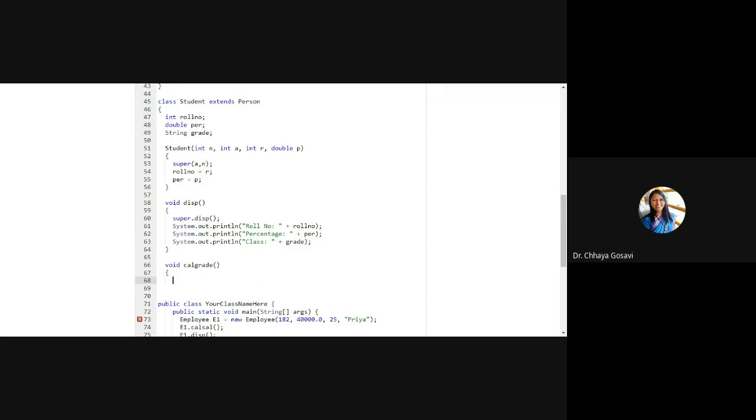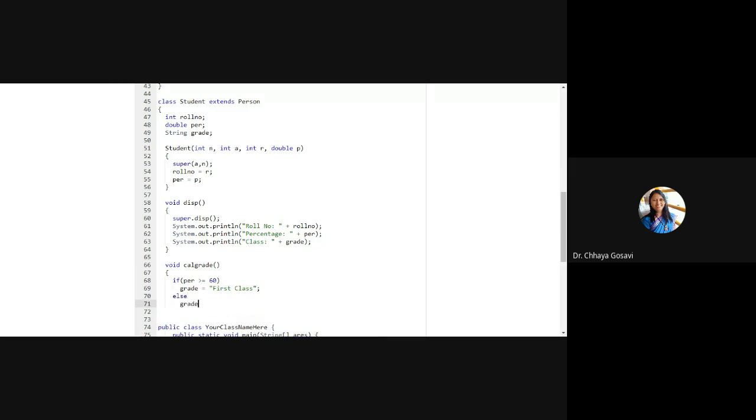How to calculate grade? If percentage is greater than or equal to 60, we can say grade is equal to first class. I'll just write two grades here.